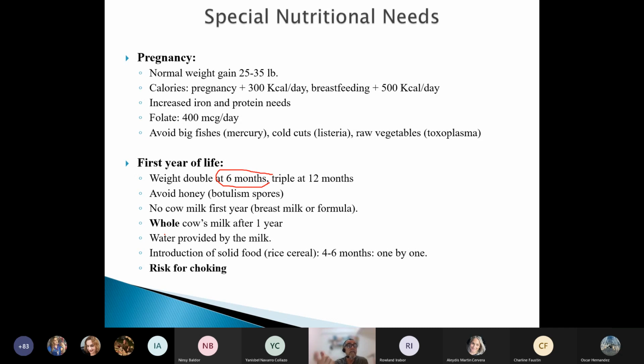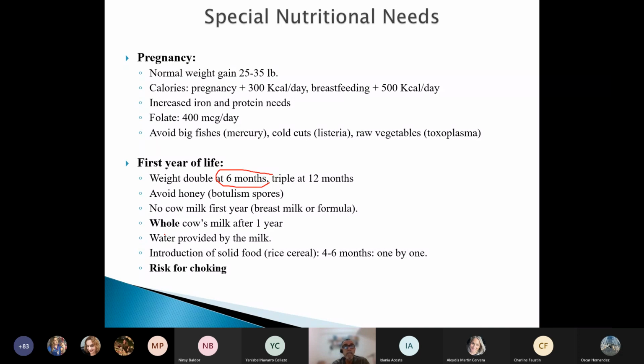The way of preparing the formula can be tested. It is a calculation question. So they give you the proportion and then they give how many ounces the baby is going to drink, and you need to know how to calculate how many measurements of the milk powder need to be added to have a given amount. Don't forget that the dilution needs to be respected. You cannot change the dilution. Even if the child has diarrhea or whatever, you cannot change the dilution.